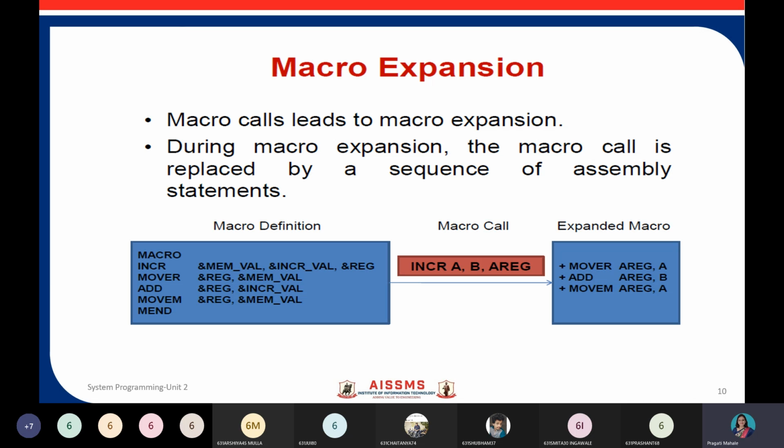These three instructions are repeated a number of times. Maybe, for example, we consider it is used a number of times in a program. So definitely it is convenient for us to put these three lines into a macro, and instead of writing these three statements again and again, wherever you need these three actions, move, add, move, you can just make a call to the macro.